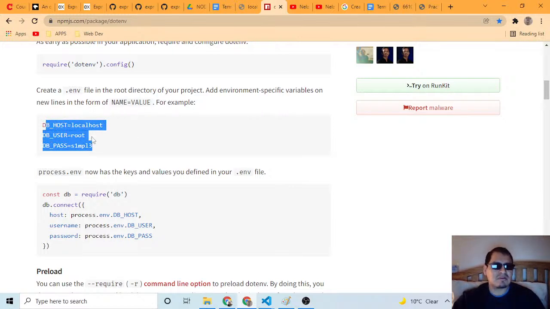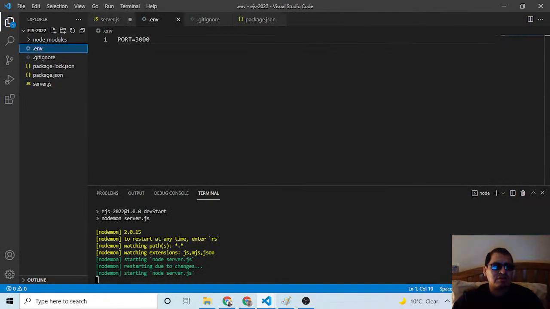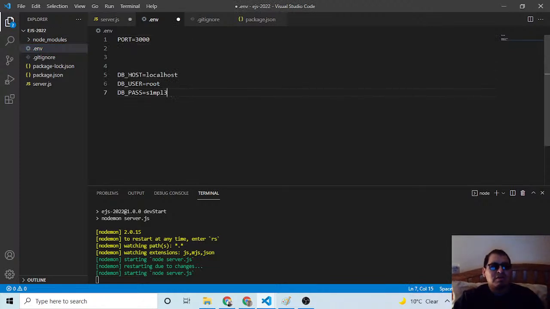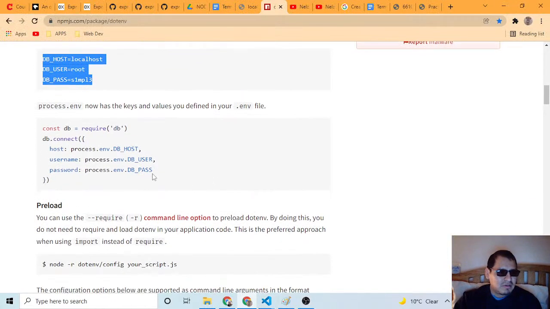I'll copy this one, and in the future I may use this because I will need the database host, the user, the password. And then, yeah, it now has the keys and values.